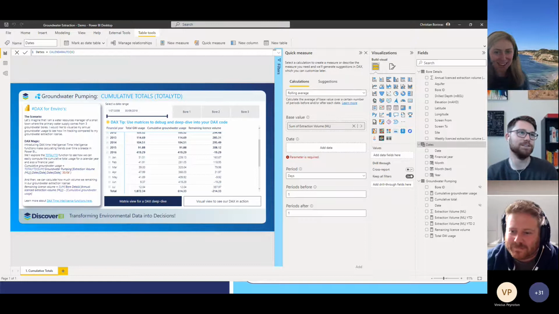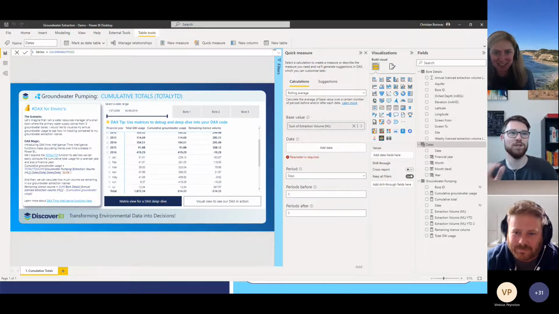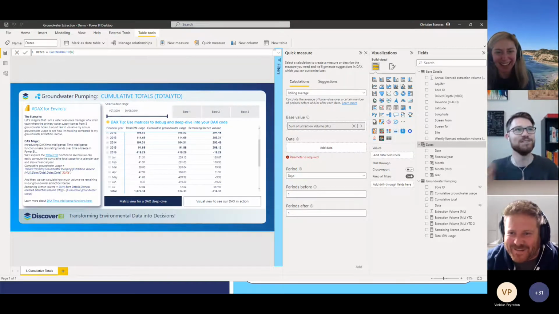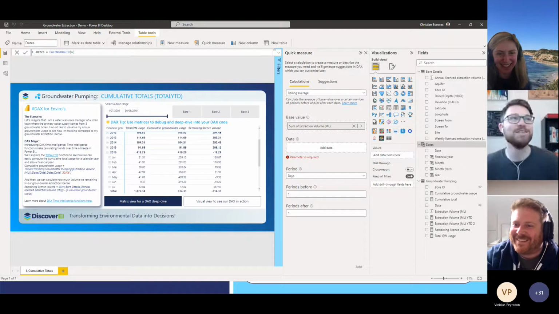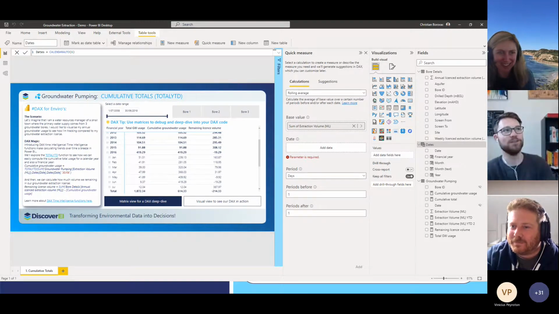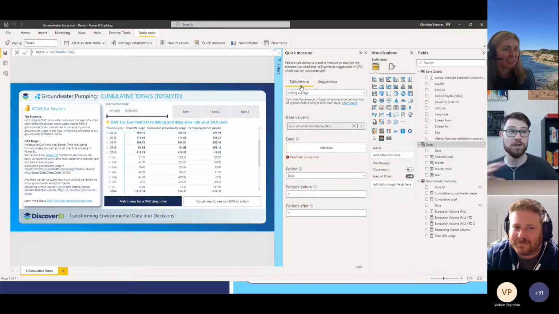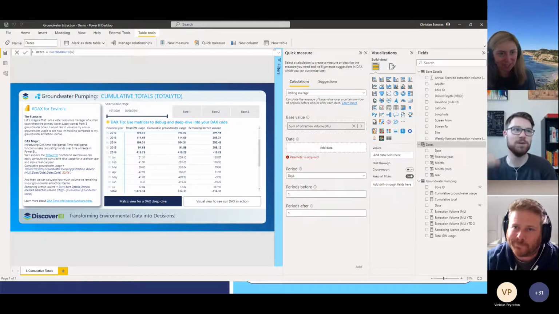Ah, that's good. Yeah. The tricky thing is when you know the tool well enough to turn off auto date time, you don't need it, but that cripples you in terms of quick measures or having these easy to use features. I often find as well, rather than using the embedded quick measures dialog box here, using some of the community content, like looking up SQLBI and their DAX patterns, you can often just copy paste the code from there as well. But then you, of course, have to adapt it a little more to your particular use case.